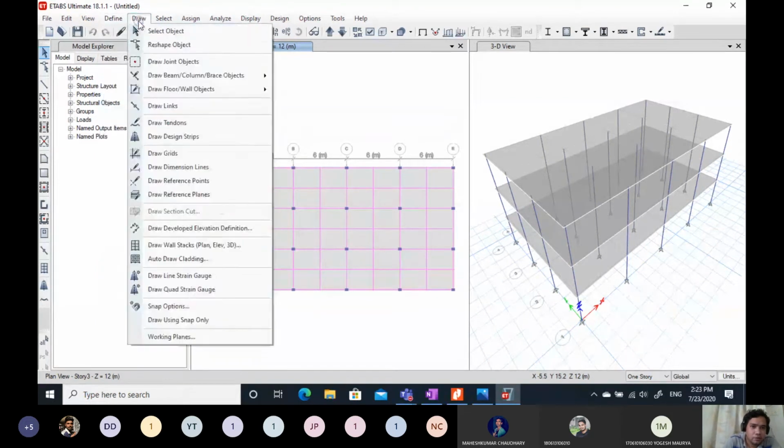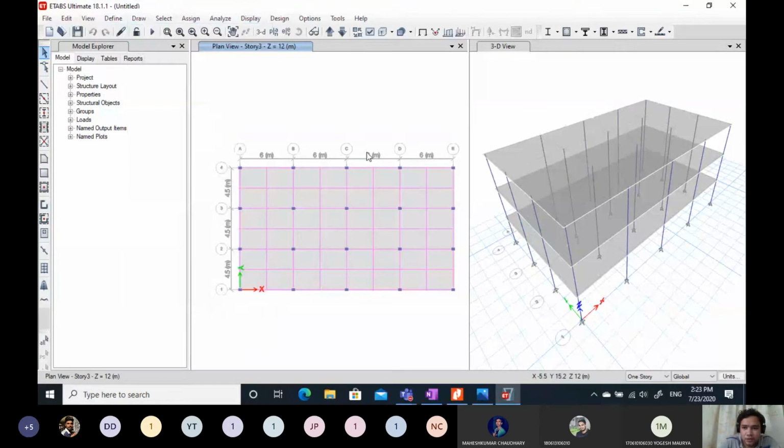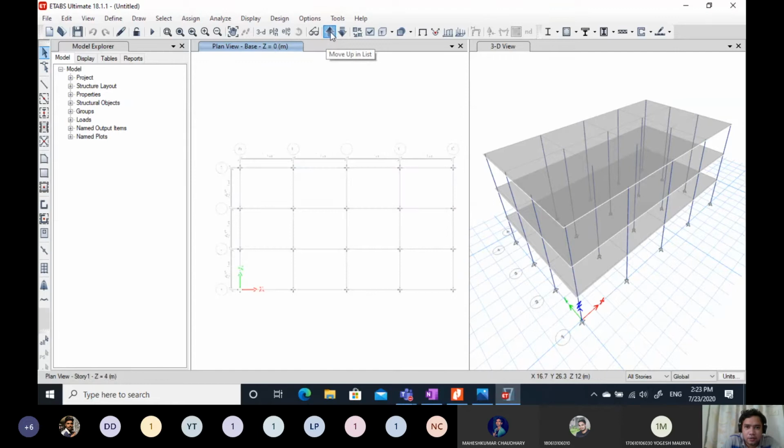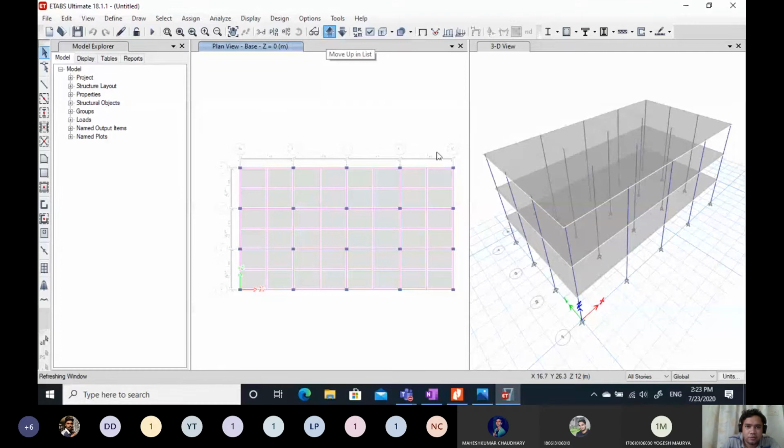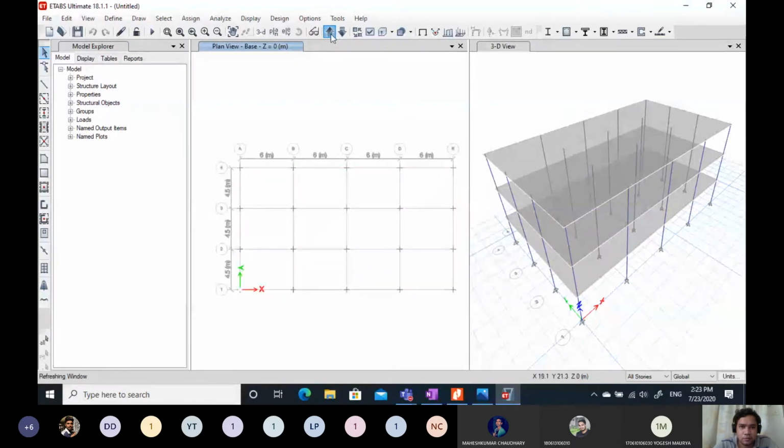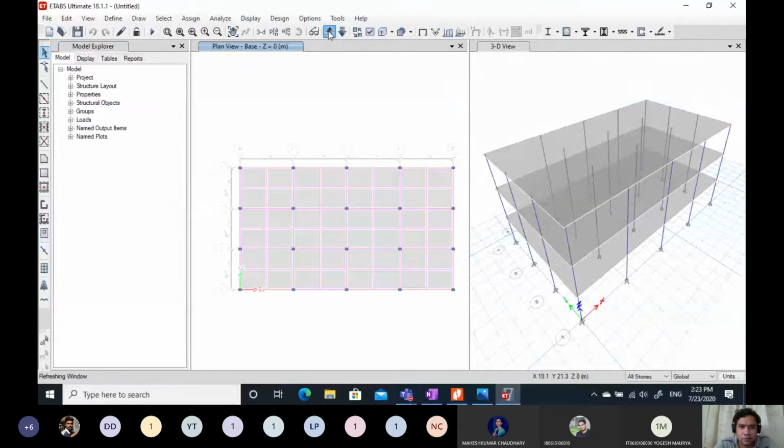So go to draw and let us first see, we select all story because we want to replicate this to all story.